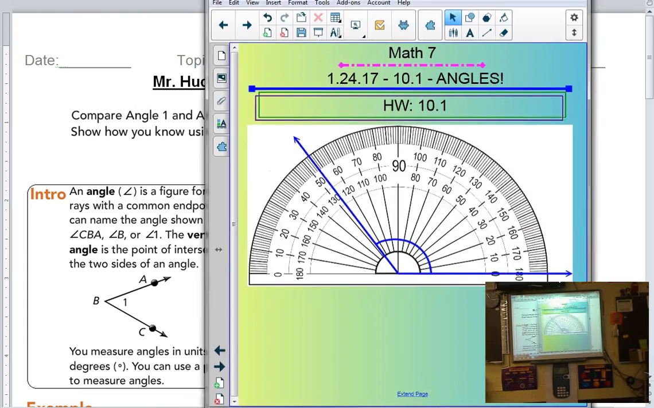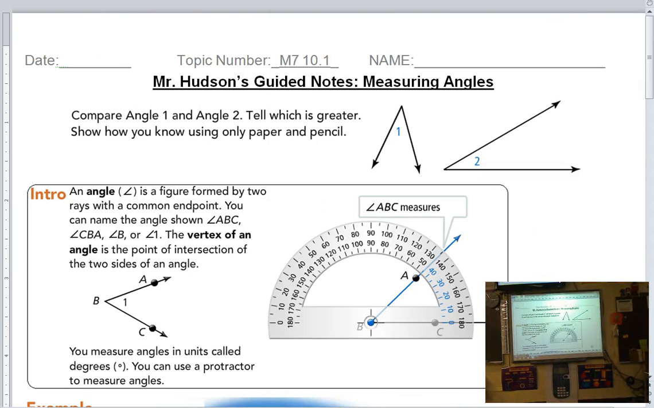All right, so today is the 24th. We are starting our chapter on angles. Now, I want to help us set up our attitude about the coming unit. So, I want to congratulate you guys, say good job, pat you on the back, for surviving our